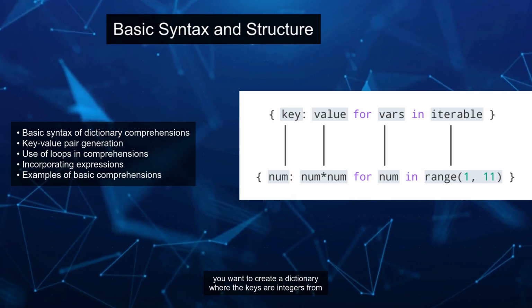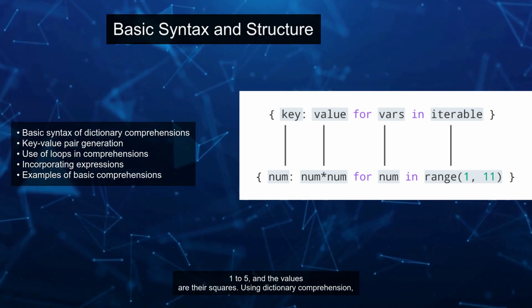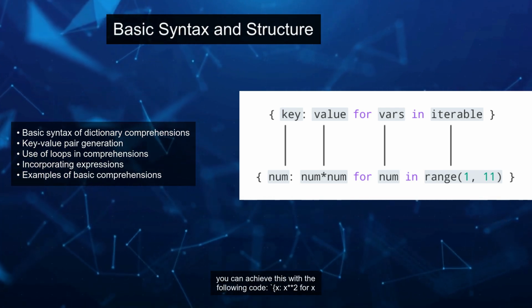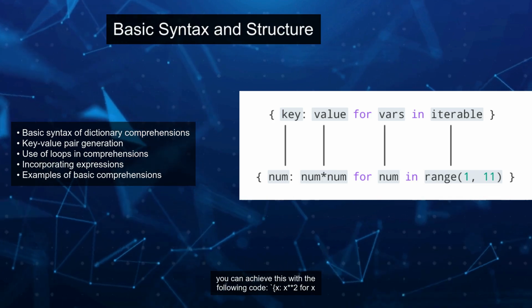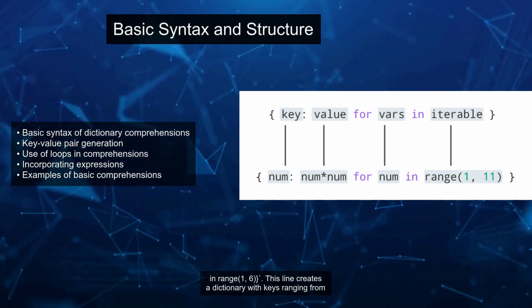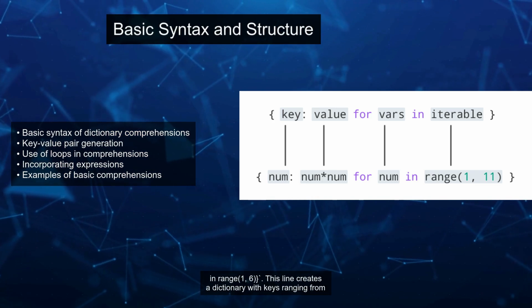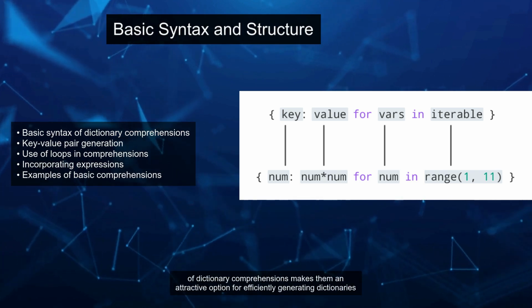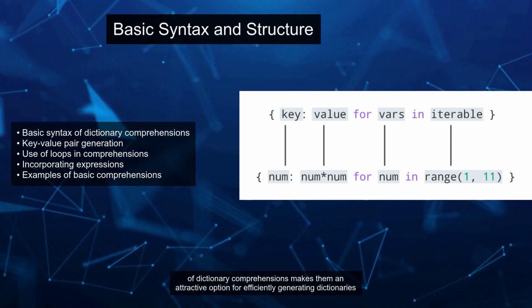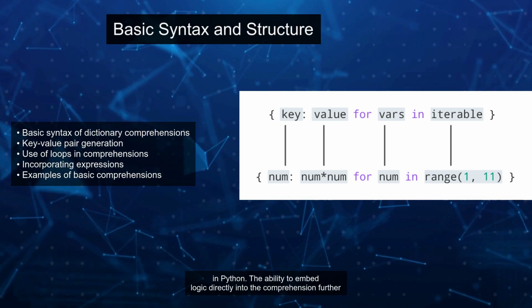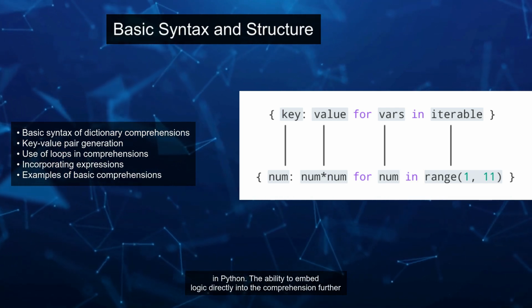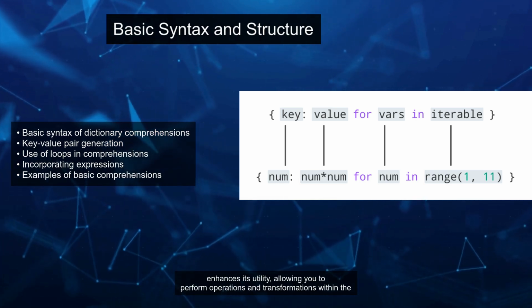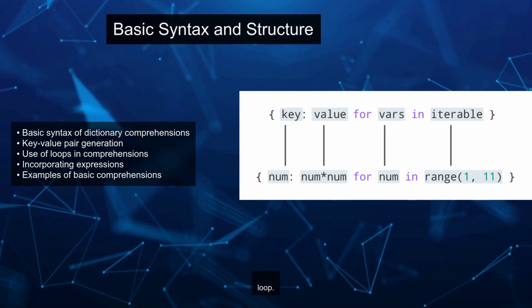Here's a simple example. Suppose you want to create a dictionary where the keys are integers from 1 to 5, and the values are their squares. Using dictionary comprehension, you can achieve this with the following code: {x: x**2 for x in range(1, 6)}. This line creates a dictionary with keys ranging from 1 to 5 and their respective squares as values. The concise nature of dictionary comprehensions makes them an attractive option for efficiently generating dictionaries in Python. The ability to embed logic directly into the comprehension further enhances its utility, allowing you to perform operations and transformations